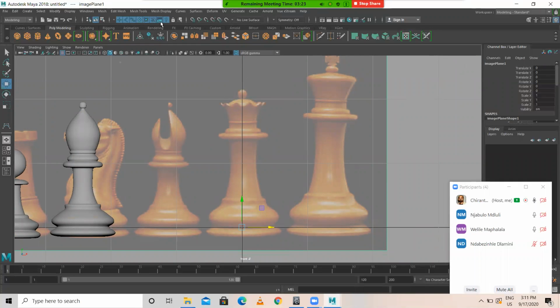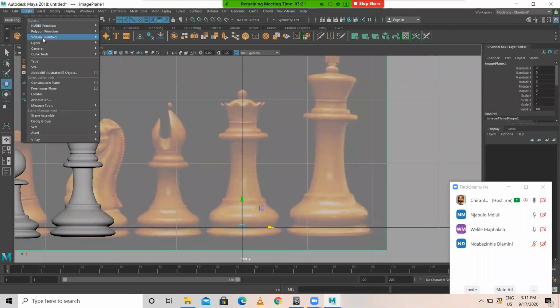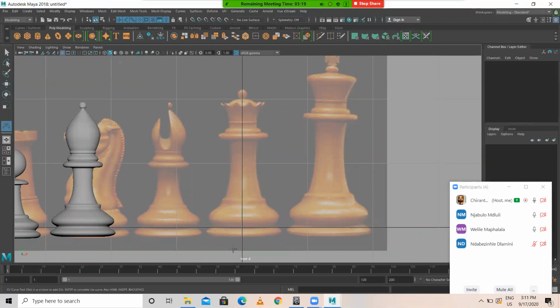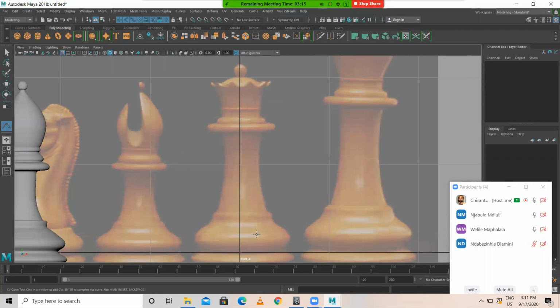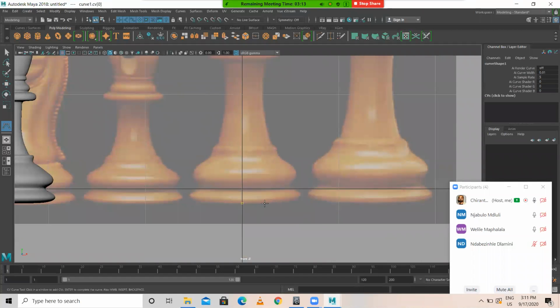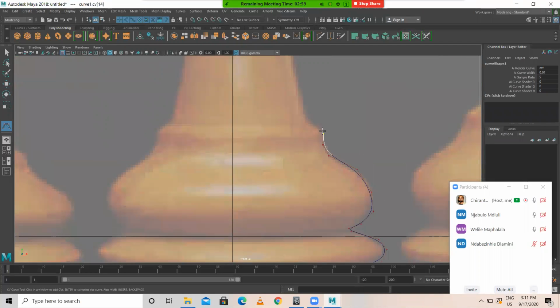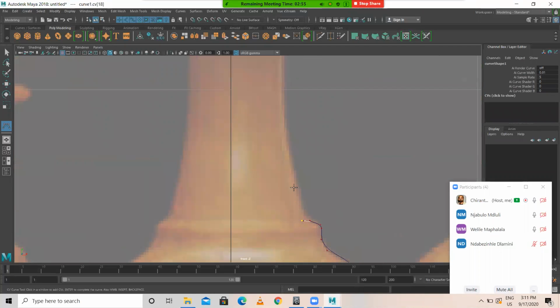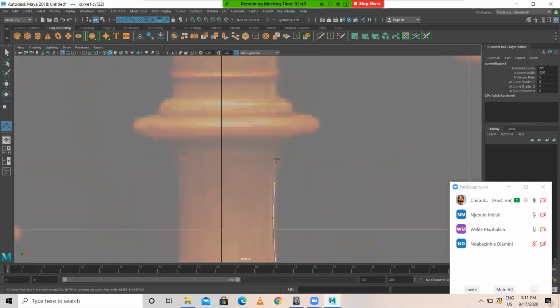So now again, go to Create, Curve Tool, CV Curve Tool. From the bottom we'll create like this. Just keep drawing. You need to draw curves like this.